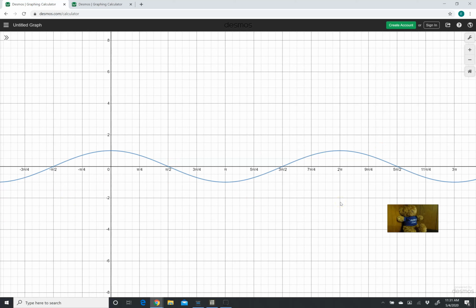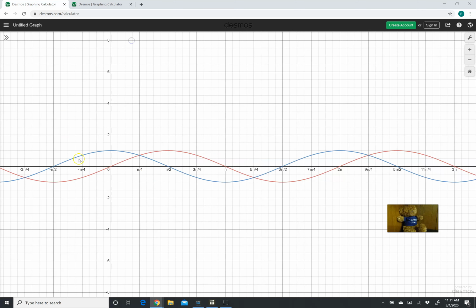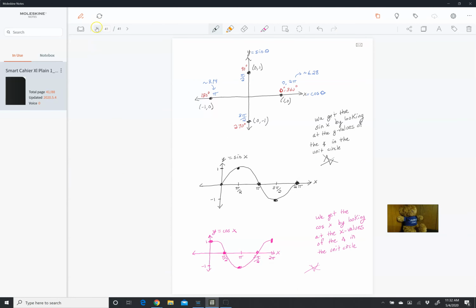Okay. So how do we get the graph of tangent? The graph of tangent is sine over cosine. So let's put the sine graph back on there for a second. And notice this is a translation, and we're going to talk about this in a few minutes after we look at the graphs. This is a shift by pi over 2. We're taking a graph and moving it pi over 2 to the right or to the left, which makes sense. We said in the last lecture, let's go back a few pages,